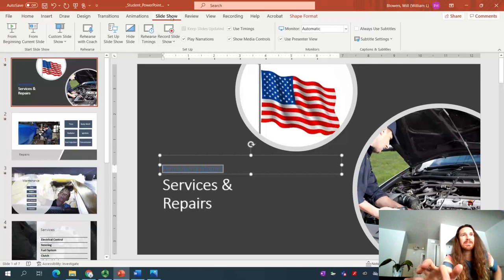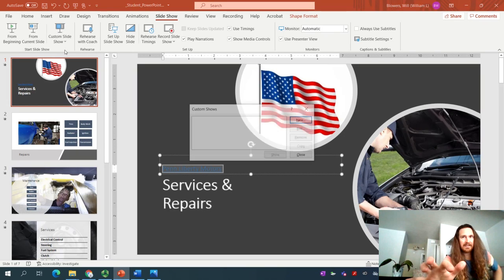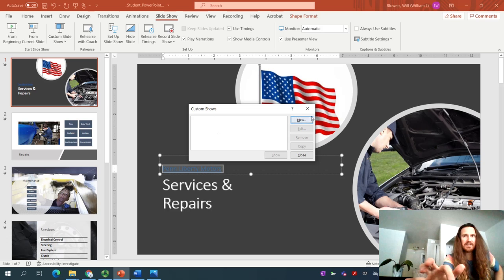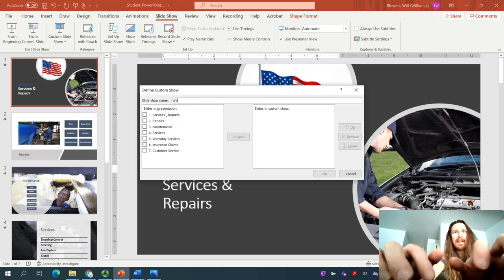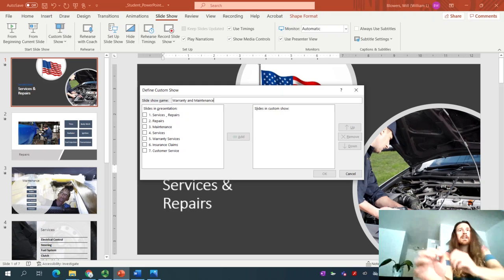So on the slideshow tab, in the Start Slideshow group, click the Custom Slideshow button, and again, click Custom Shows. It's a new one, so select the new button. We'll be calling it Warranty and Maintenance. So type that in, Warranty and Maintenance. Be careful with how you title it. Check your spelling, check your capitalization. The W and the M are capitalized. So as I have here on the screen,